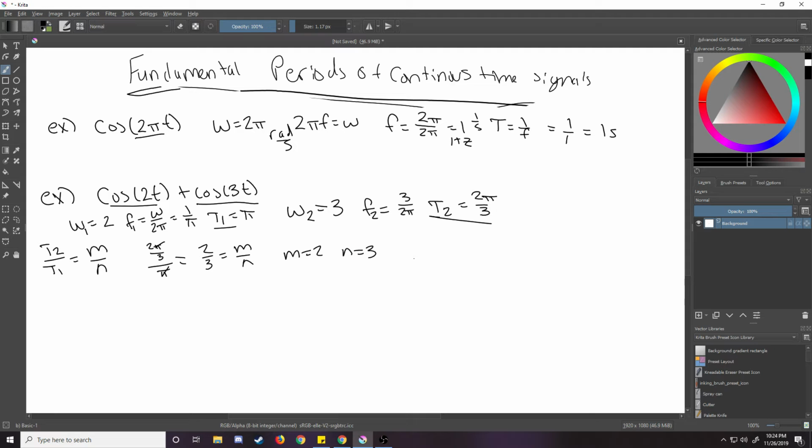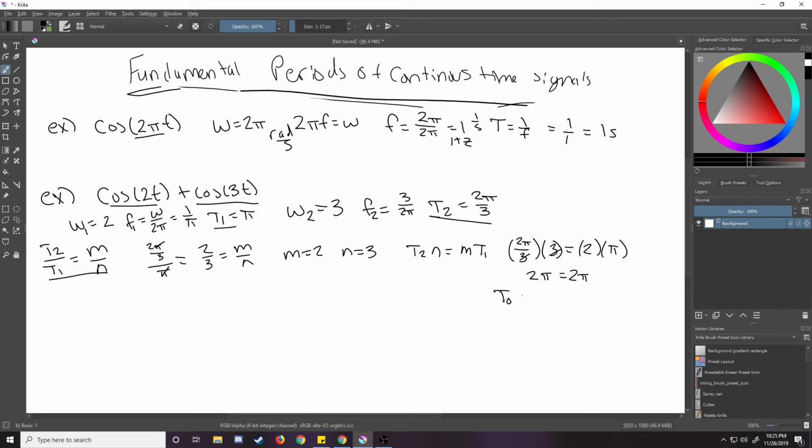Then going back to the beginning and cross multiplying from this portion here, you see T2 times n should be equal to m times T1. Then plugging in our values of T2, m, n, and T1, we see that should look like this, which is then going to be equal to 2 times pi. And these two cancel, and that's left the same, and you're left with 2 pi equals 2 pi,